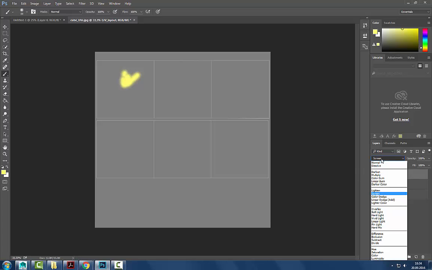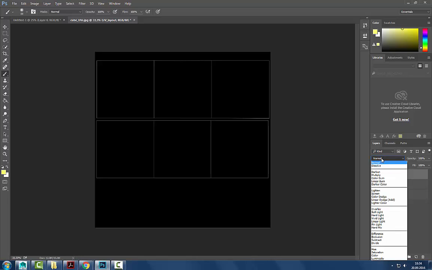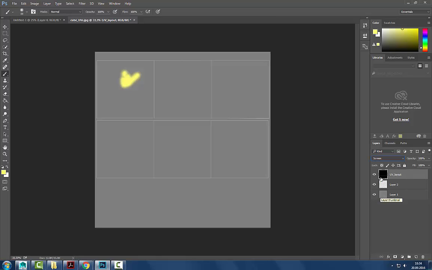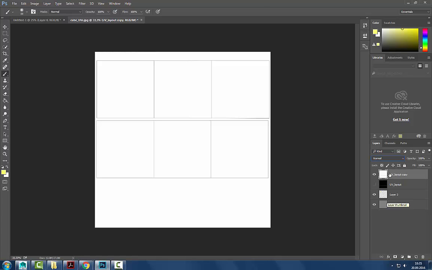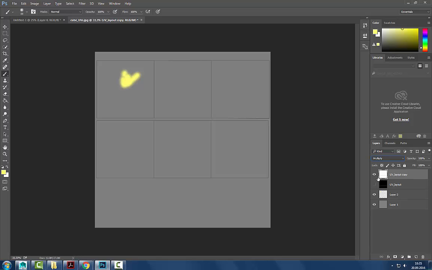Let's see, screen. So, yeah, I don't know if you've tried all these blending modes in Photoshop. Essentially, these ones relate to multiply. They're kind of like the multiply. These ones relate to screen. They're kind of like screen. And these are opposites. So if I try screen, you can see that the black disappears and the white appears. And conversely, if I had set it back to normal, if I invert this and I hit multiply, you can see that the white disappears and the dark shows. So it's just an inverse multiplication,